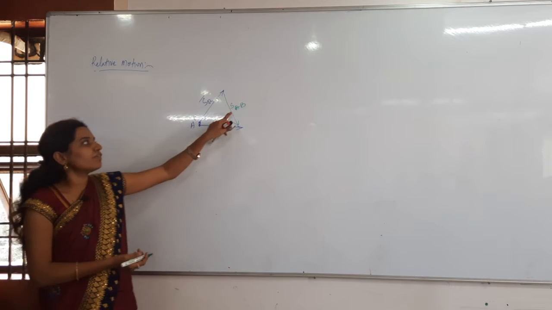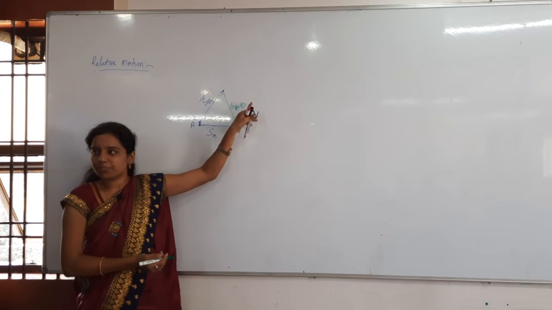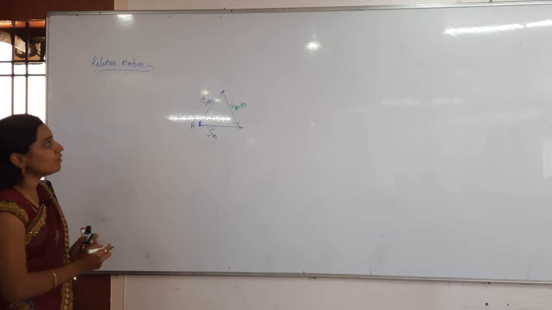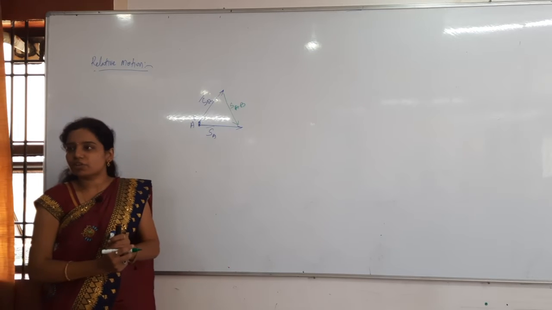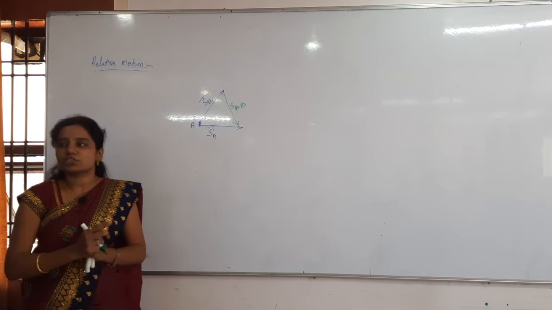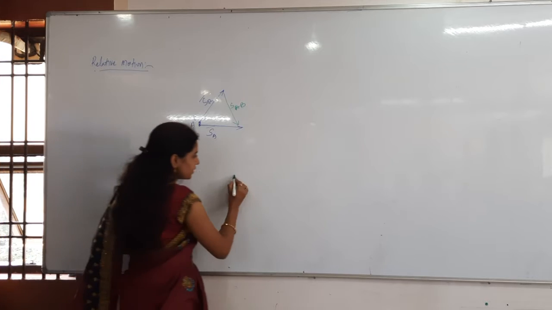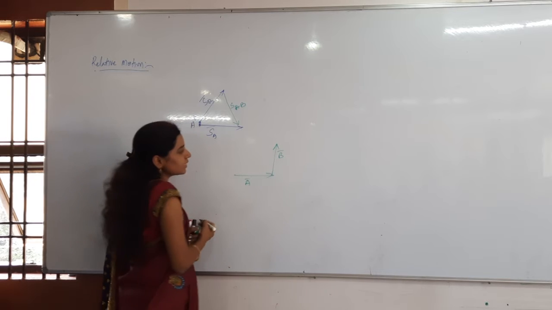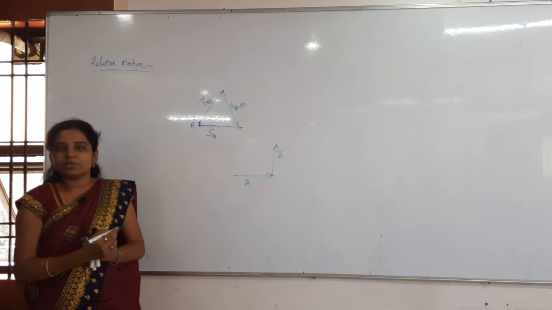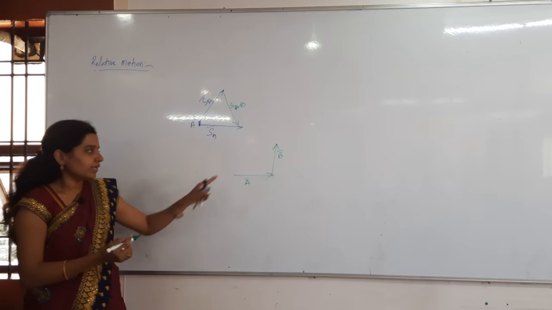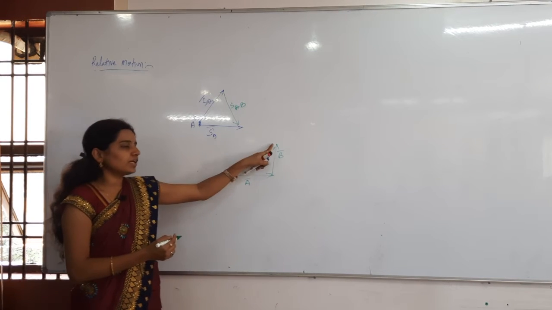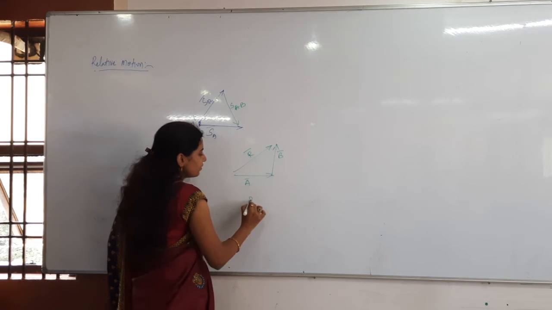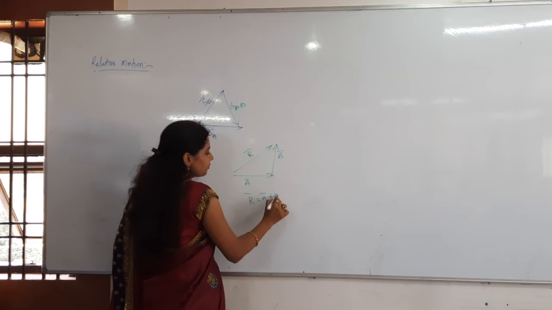So here, displacement of A with respect to B. Who is observing here? B is observing, A is the object. Now whenever you see the triangle law of addition, what do we take? We take the sum of continuous vectors is equal to the third vector. For example, if this is A bar and then this is B bar, then the resultant will be the hypotenuse, from the tail of A to the head of B, in this direction. So simply we write R bar is equal to A bar plus B bar.